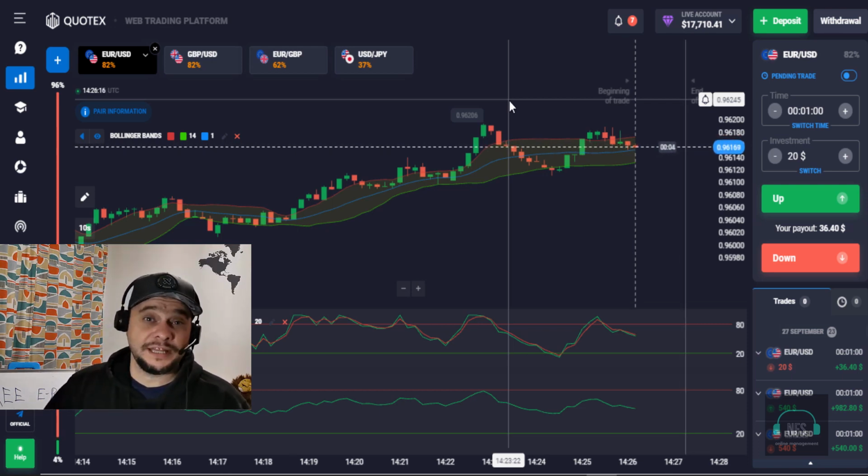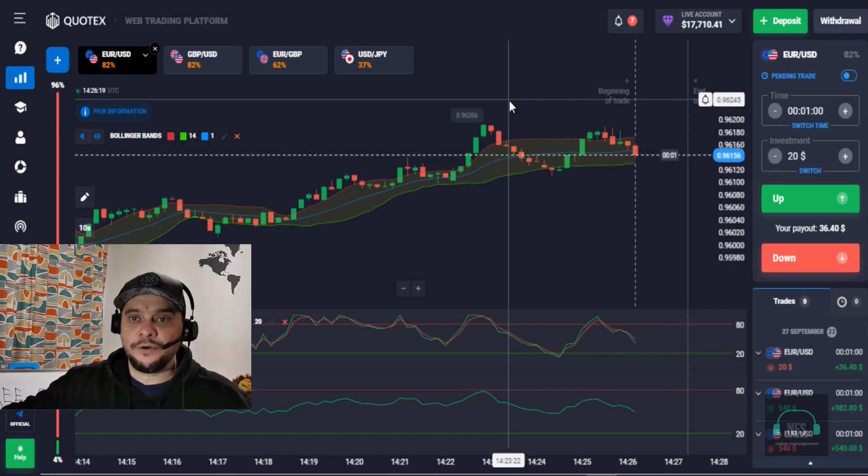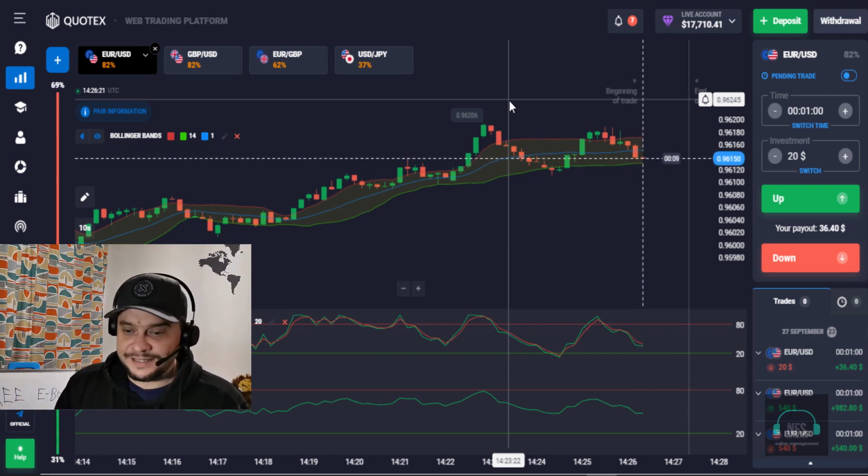Trading on a demo can be done by everyone, even a baby, a 10-year-old child can trade on a demo account